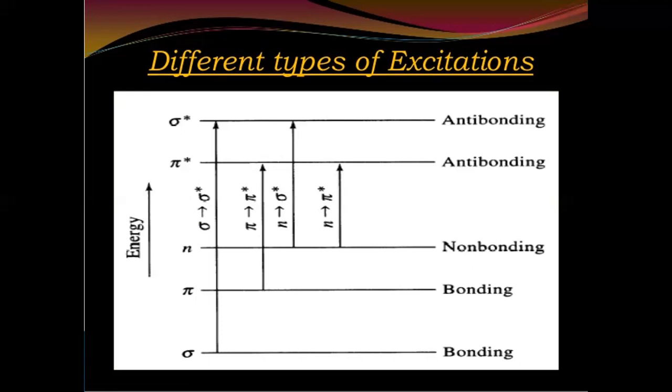So whether an electronic transition between two molecular orbitals is allowed or forbidden, how can we know? The geometry of the ground state of the molecular orbital, geometry of the excited state of the MO, orientation of the dipoles, and the change in spin, singlet or triplet state, n to pi star forbidden. All these govern the transitions.